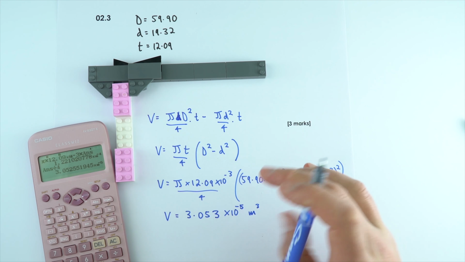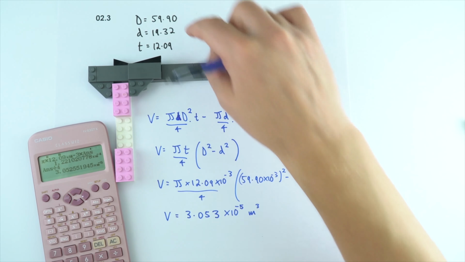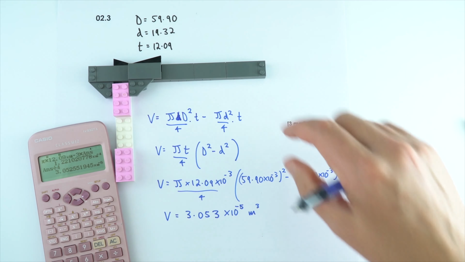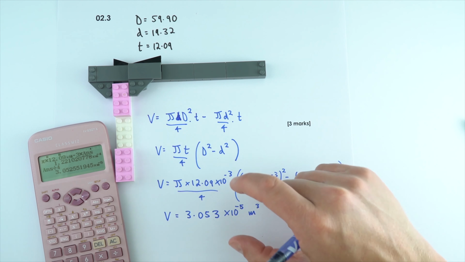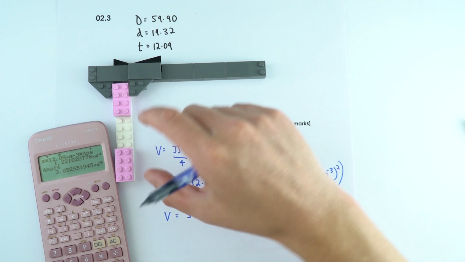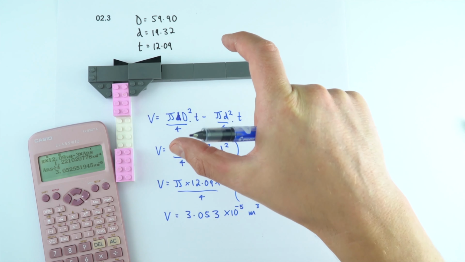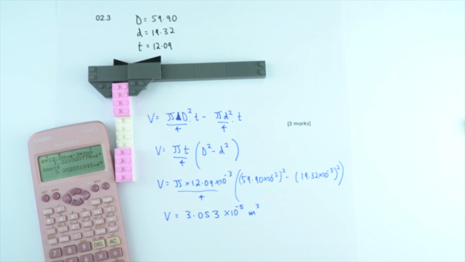So that's straightforward mathematics, but it's just easy to get mistaken about which values of D that you use. And also there's obviously potential for making a mistake on your calculator. So if you have time, maybe at the end of the exam, go back and just check your calculation. So all I did there was I worked out the outside volume, took away the inside volume to get the volume of that ring magnet.